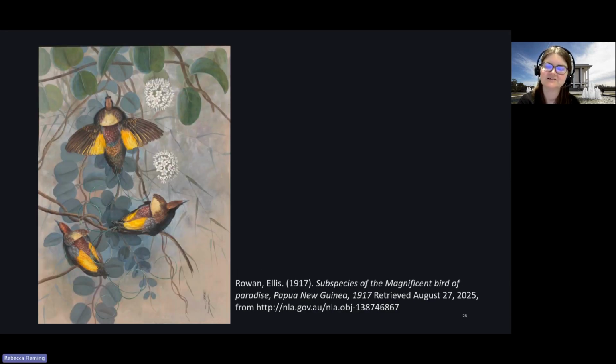Sometimes there's Papua New Guinea material in larger collections. So the Ellis Rowan collection is a very large collection, but it does include some material from Papua New Guinea because Ellis Rowan visited Papua New Guinea twice between 1916 and 1918. She travelled extensively and painted 47 of the 52 known species of birds of paradise, and you can see a beautiful example there. I'll now hand over to Ruben, who will start the demonstration portion of our webinar on how to use the National Archives record search.